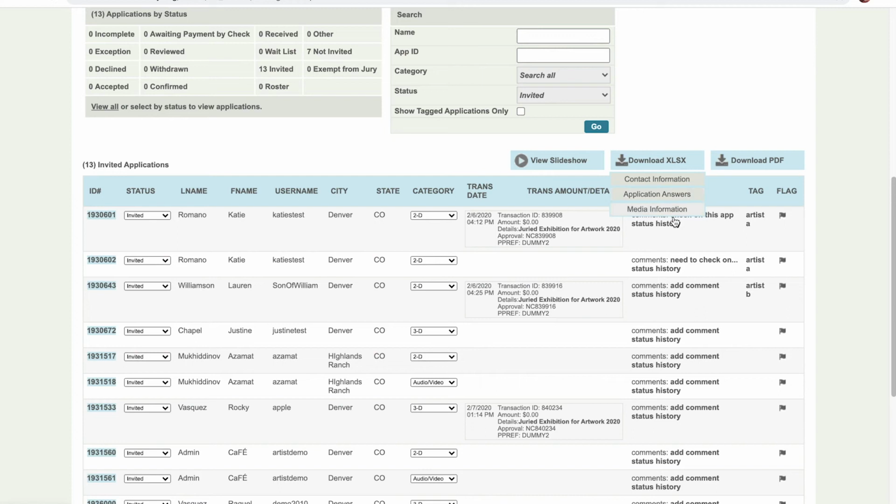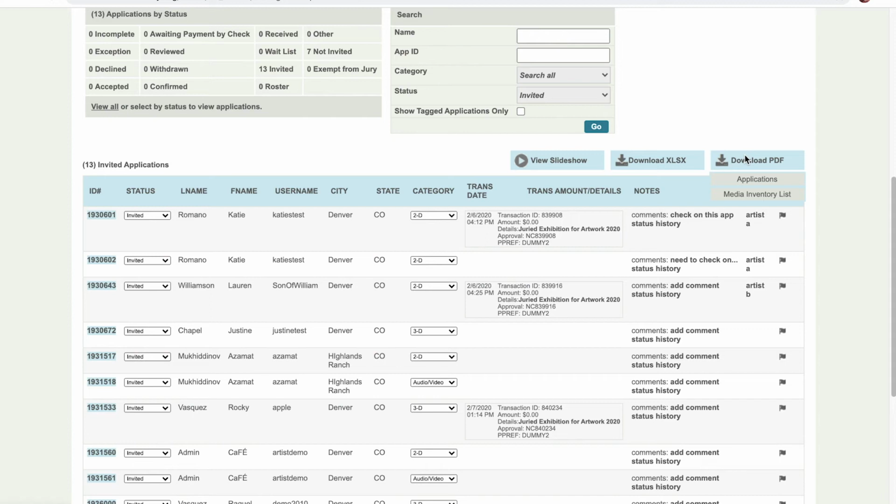And media information is a spreadsheet that lists the artwork details that the artist includes with their images, such as medium, dimensions, price, and year completed. Like I said, these reports are all downloaded as a spreadsheet, which may be helpful if you need to sort information or quickly retrieve emails as a list.